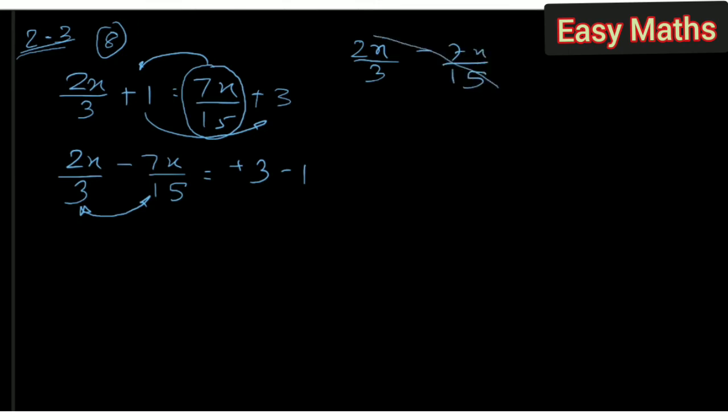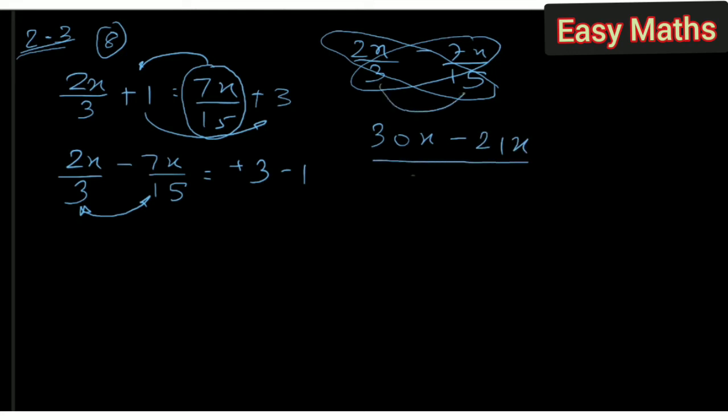So I am going to cross multiply this. 15 2s are 30x minus 7 3s are 21x, and in the denominator it's 15 3s are 45. Now don't make the mistake of saying 15 2s are 30 and 15 3s are 45, please, because we have addition or subtraction between the terms, so at that time we cannot simplify like this. Then we have to subtract. This will become 9x by 45. Now between 9 and x there is multiplication, so now you can simplify. So it will be x upon 5.